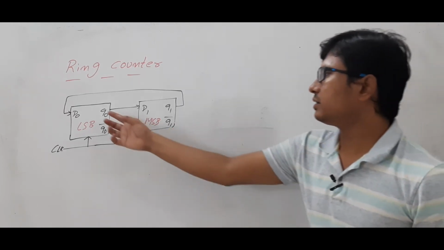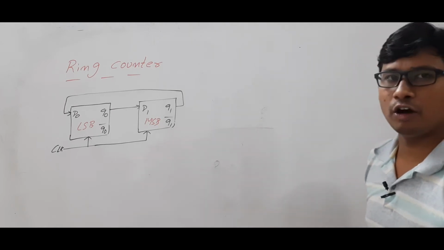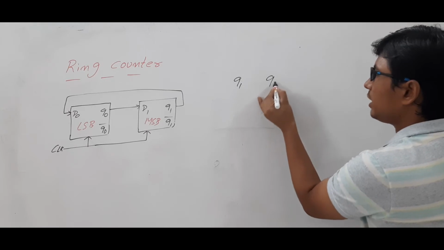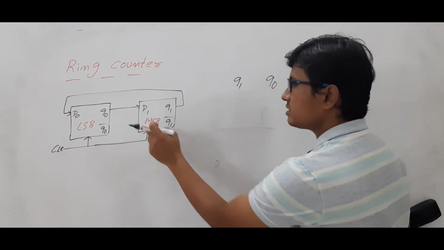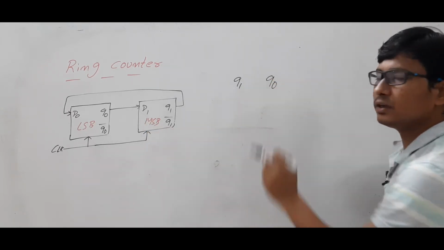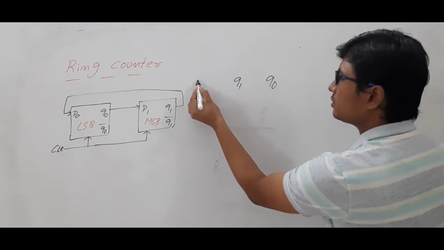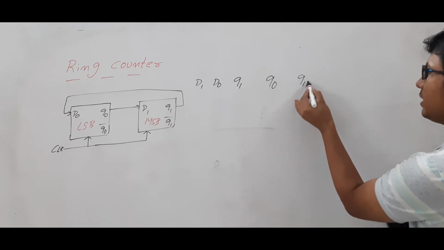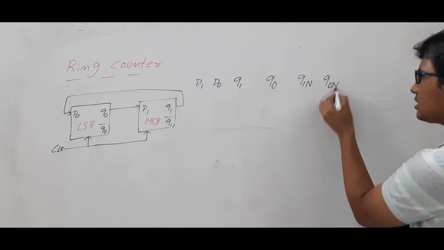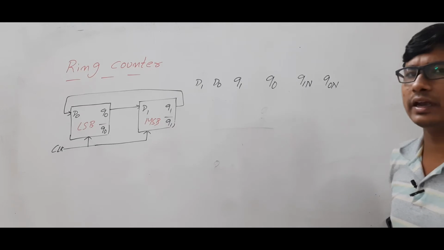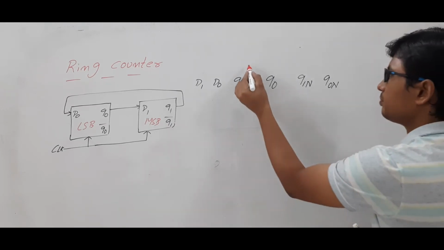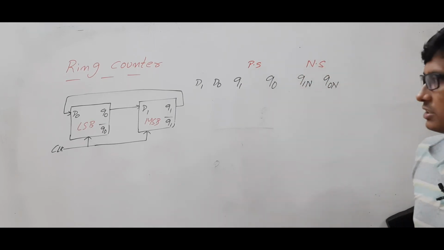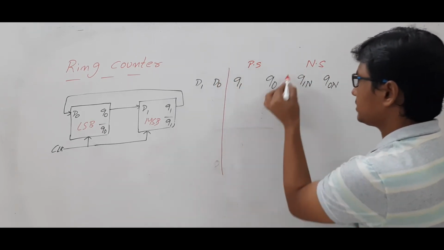Now look at it. We have two flip-flops, and they have two outputs, Q0 and Q1. As they have given, this is the MSB, so I am considering Q1 and Q0, and then you have D1 and D0, and then you have Q1N and Q0N. Now you can ask me, what are Q1N and Q0N? These are the present states of the counter or the flip-flop, and this is the next state. Okay, now let me discuss.